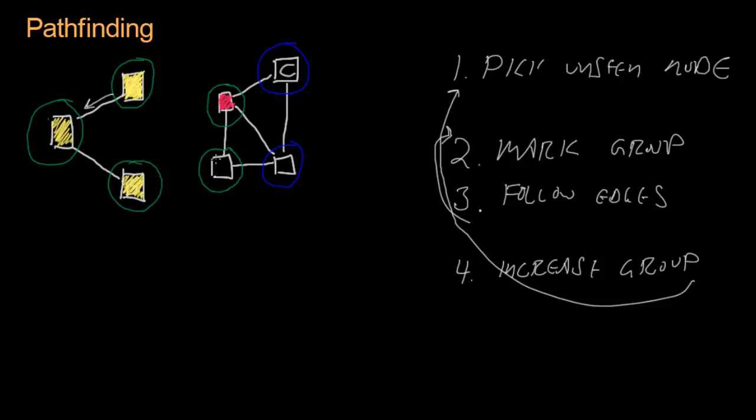We mark it as part of our group, and then we follow edges. Here, if we go back, then it's a node we've already seen. So we continue forward, and this blue node becomes a green node. It becomes our current node. Oops, should be green. Green. We mark it as part of our group,